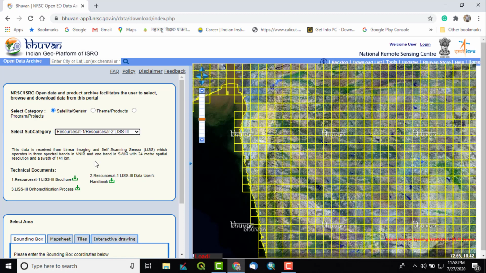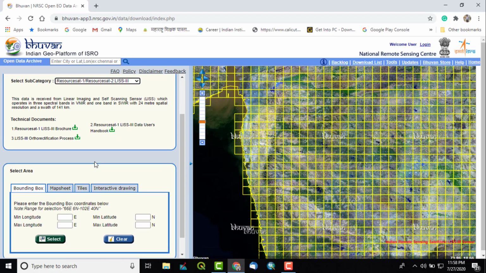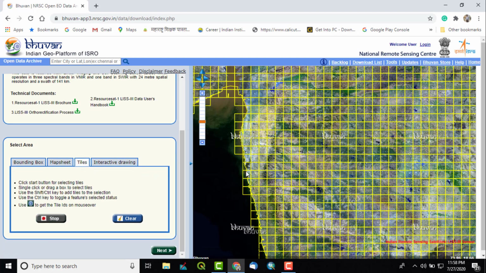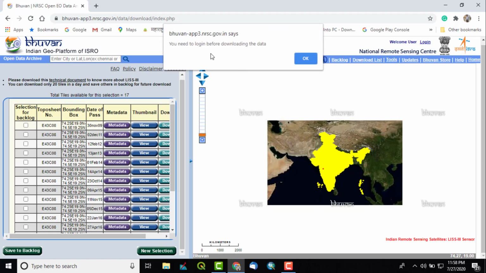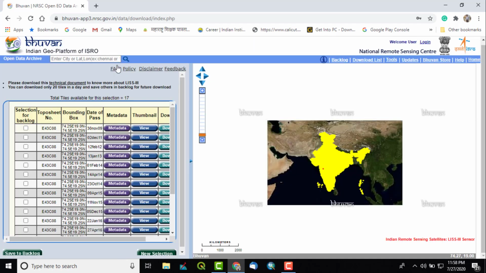These are the tiles, so you can start selecting the tiles, but when I click on download, it will not download because it will ask you to log in first.